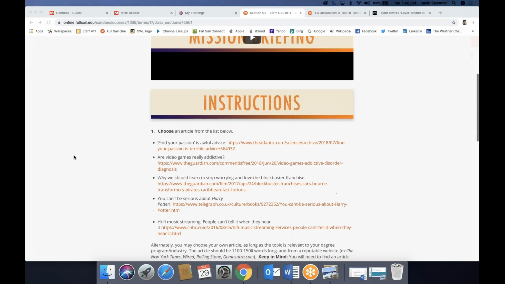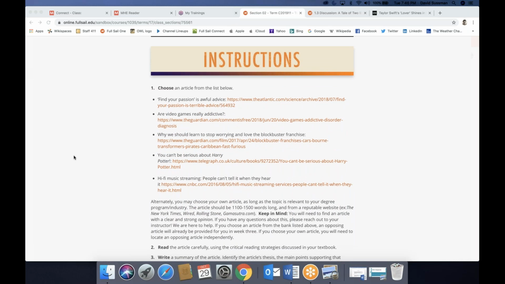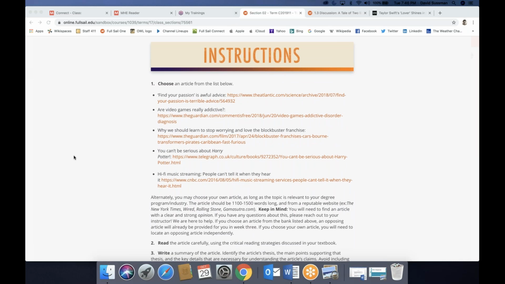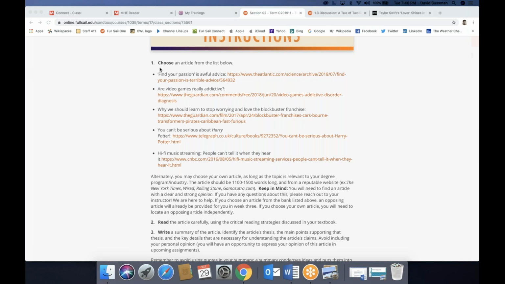The main assignment that's due for Sunday is not terribly difficult either, because we're getting you prepared for the more difficult. I shouldn't say more difficult, but we're working step by step. So week 1, you're going to write those 2 bios. That's not a terribly difficult task. And then the assignment for Sunday, you're going to choose one of the articles from this list. We haven't covered everybody's possible field of study here at Full Sail, but we've tried to come up with 5 different things that hopefully interest you.